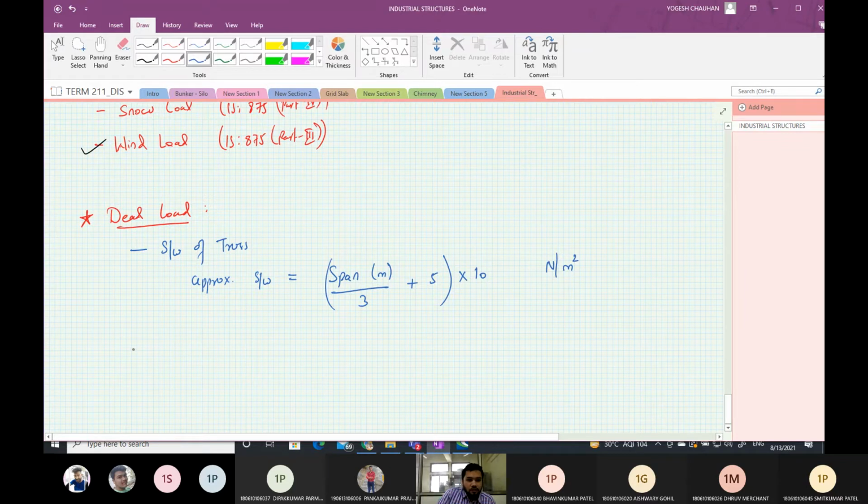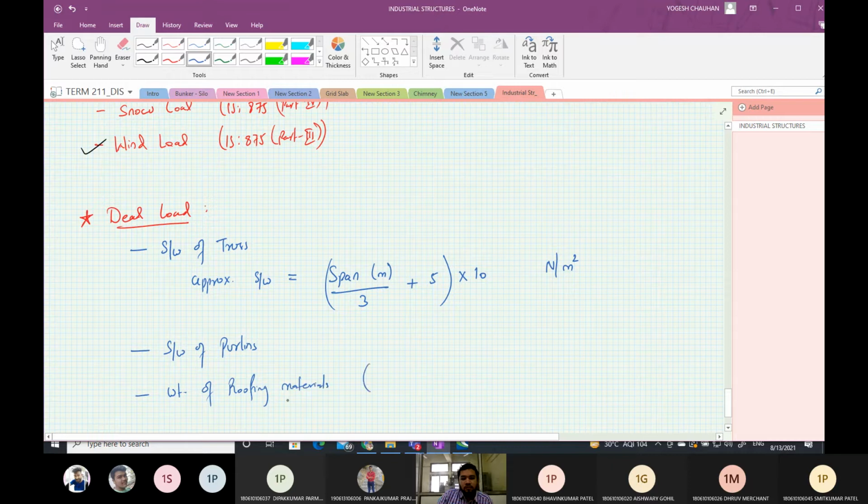Then the second is the self-weight of purlins and the weight of roofing materials.